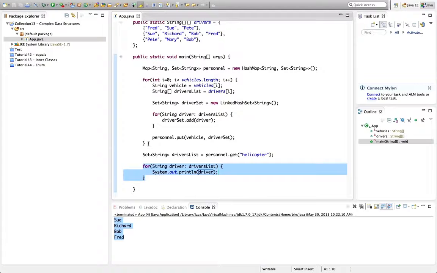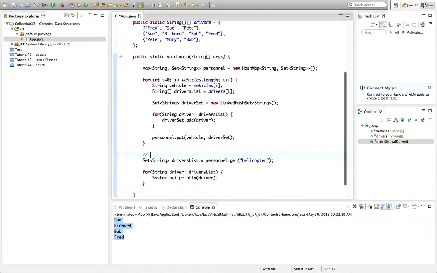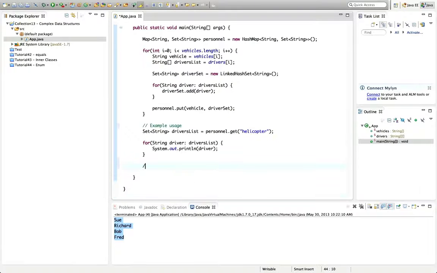So if we want to iterate through the whole thing, let's put a comment here, example usage. And I've gone through iterating through maps before, but admittedly I haven't iterated through a complex data type. So iterate through whole thing would look like this. So it's say for, and actually let's maybe just get the keys from the map. So I can say for string vehicle in personnel dot keys key set,